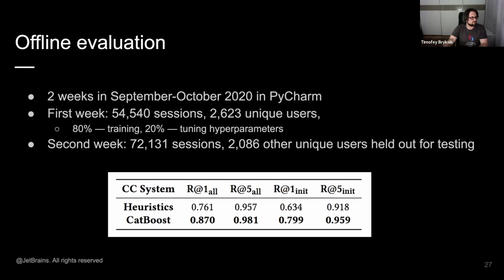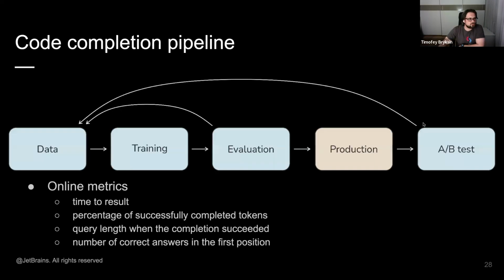Okay, so getting back to the evaluation, we can see that the most important metric is recall at 1, and we get the best increase in quality in this metric. It increased by 16.5 percentage points, indicating that we will most likely have better performance with the new model. So I'll try to wrap up and leave time for questions.